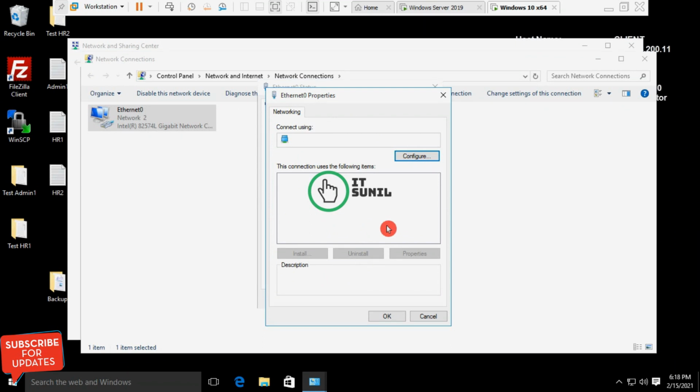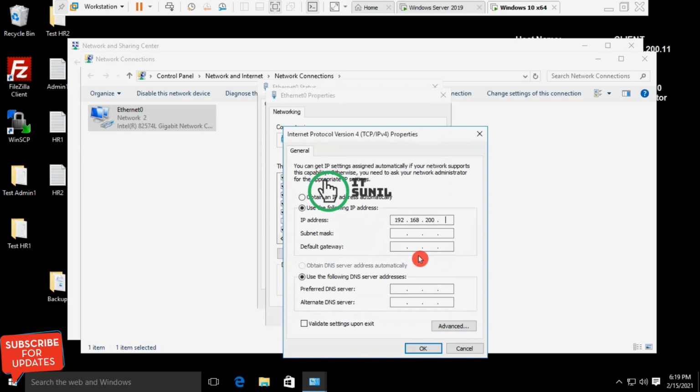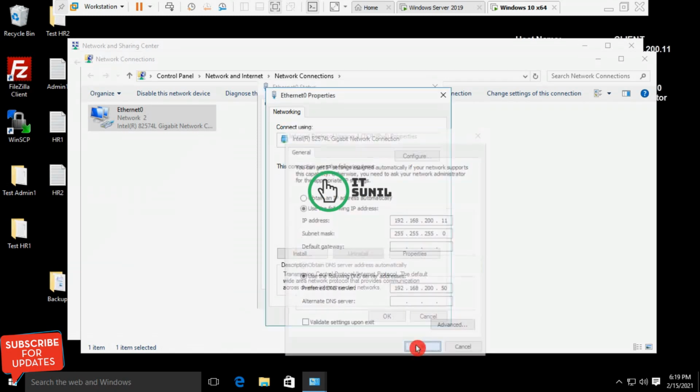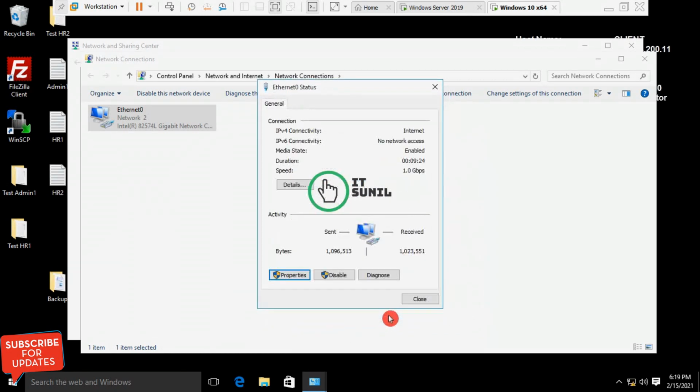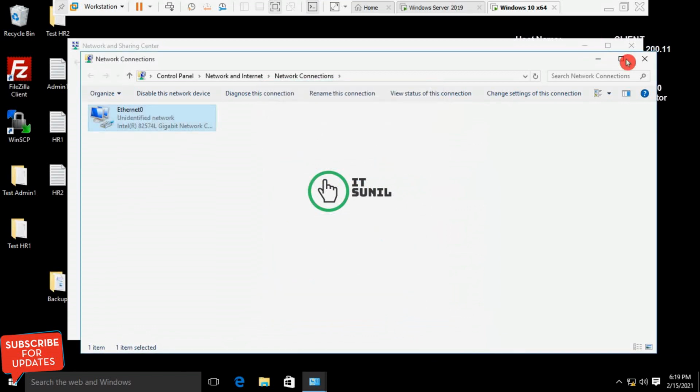Make sure the client machine network is the same as your domain controller: 192.168.200.11. This is a demo environment, so no need for a gateway. Type my domain controller IP as the DNS IP: 192.168.200.50. Okay, close.